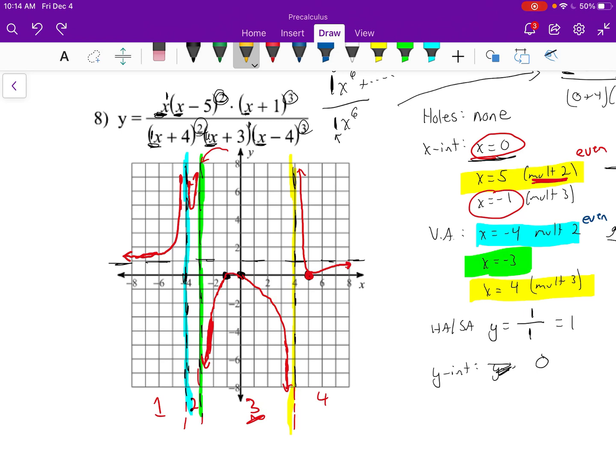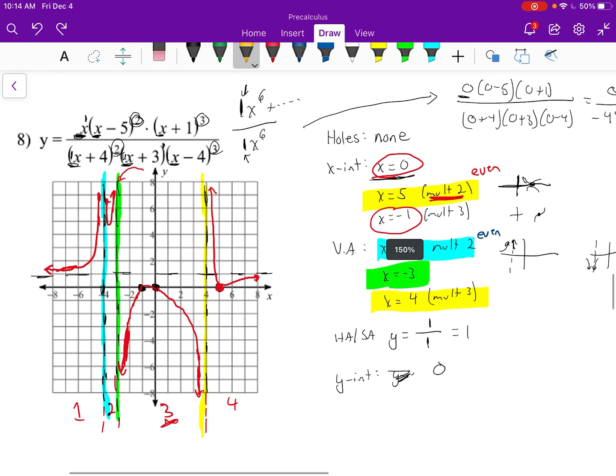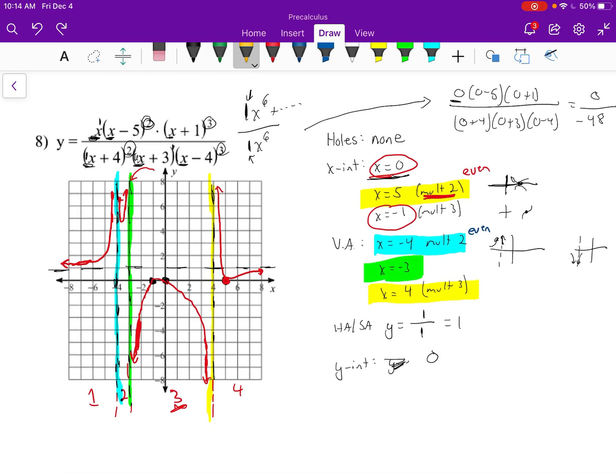It is just a sketch. To make it more accurate, you could plug in some other values. So there you have it. A lot of stuff there, but you got